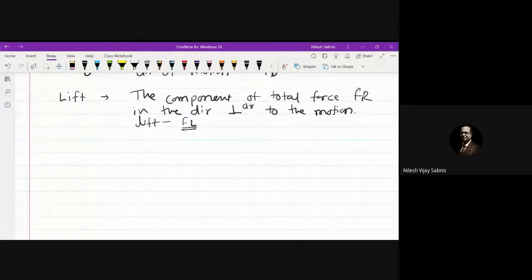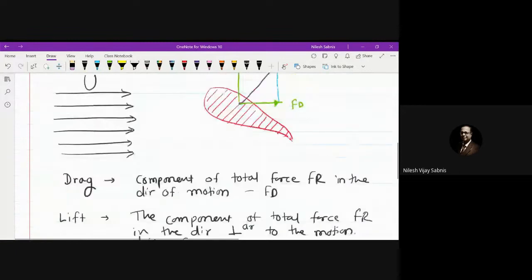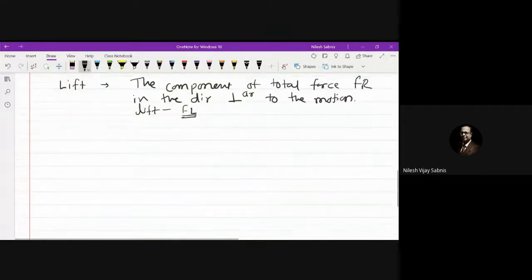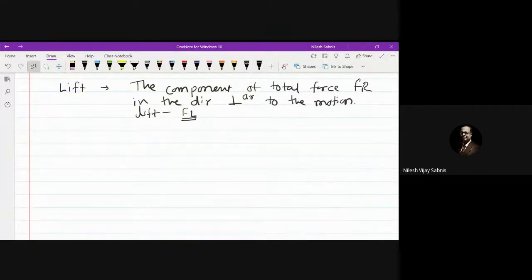Then and only then, this lift component will occur. Otherwise, only the drag component will be there. Suppose the fluid is assumed to be ideal